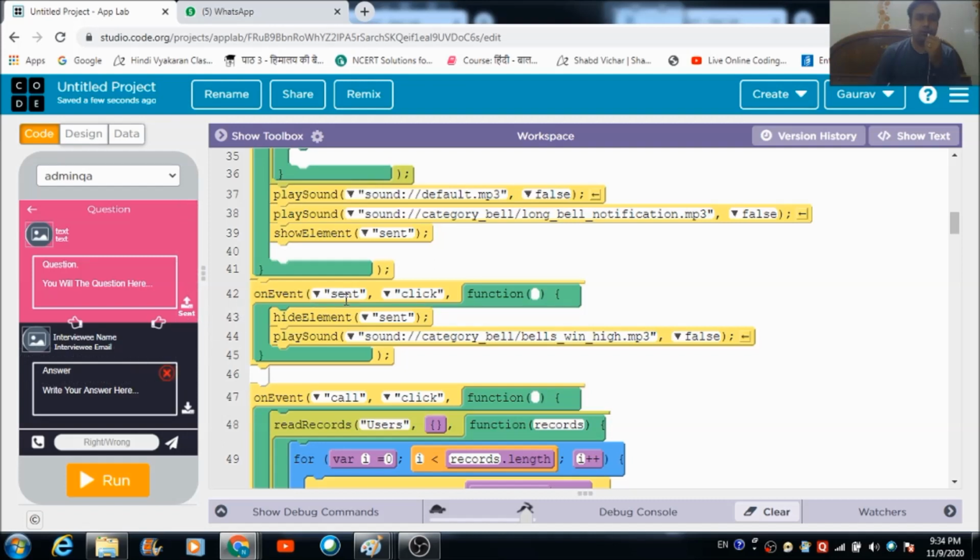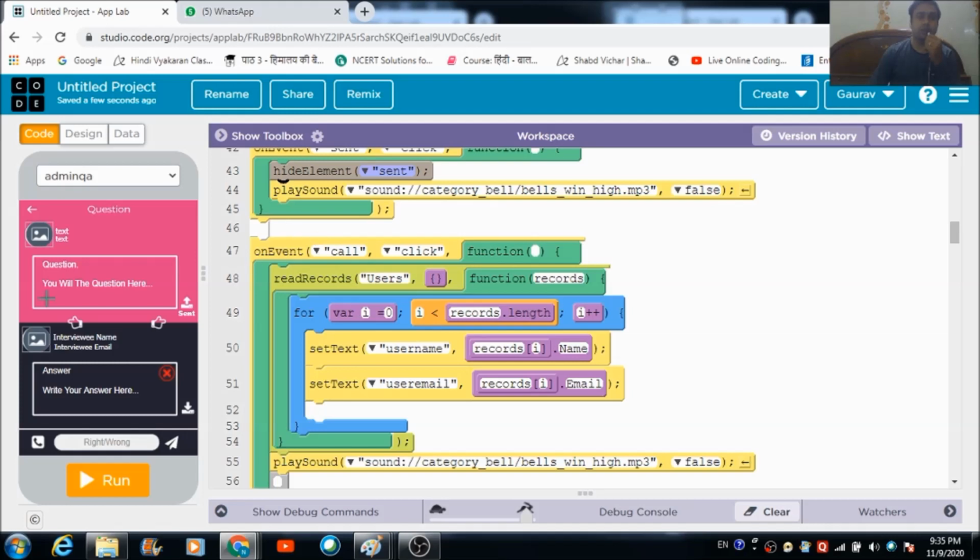And now this is the code for the sent button. When the user hits the send button, it is going to disappear. So this is the code which will make the sent label box disappear from the screen. What is going to happen when the user hits this call button? Whoever has registered recently as a user, as an interviewee on this panel, his information is going to get pulled up from this